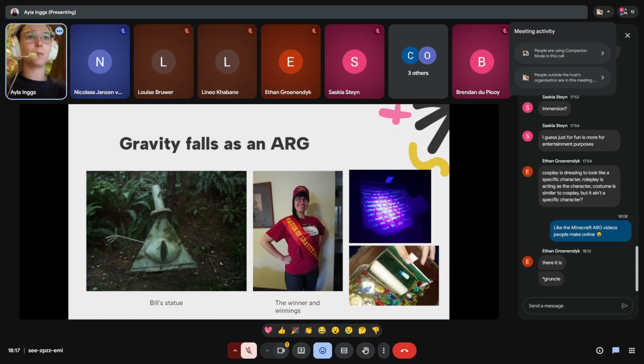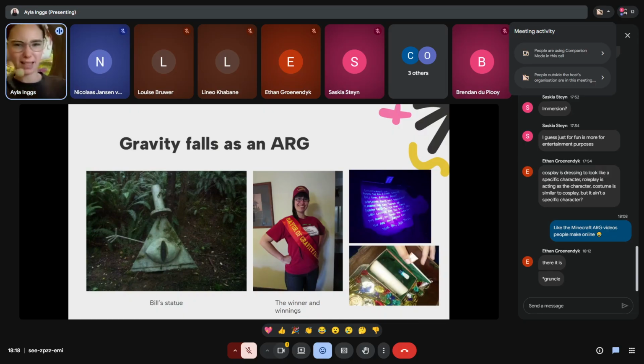So yeah, the person managed to find the building and the statue, and once they did, they were also able to uncover a treasure. This was buried under the statue, but not too deep, obviously. The winner got a sash that said Mayor of Gravity Falls, so they had been deemed the Mayor of Gravity Falls. They got a little hat similar to Grunkle Stan's. They got a black light and a notebook, and in the notebook there was a whole bunch of extra stuff about Gravity Falls. If you use the black light, there are hidden messages, hidden diagrams, that sort of thing.